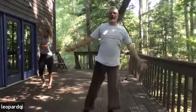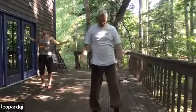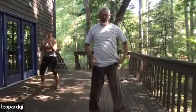And then slowly we'll come back to our energy stance, our energy flow posture. The feet directly below the hips, parallel. Nice even balance between the front and back of the feet. Knees gently bent, ankles relaxed, pelvis tipped forward slightly, tailbone down, belly button towards the spine a little bit, rising up through the spine, opening with the shoulders, let the arms float down, bring the shoulder blades back a little